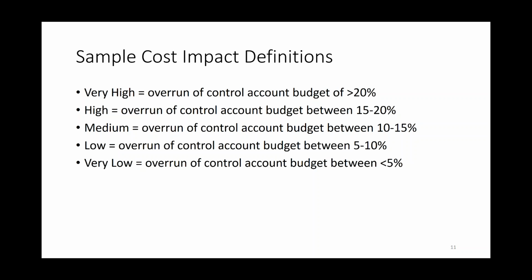So a very low impact would be any impact to the scope that caused an almost unnoticeable degradation. Okay, and then low might be a difference in requirements, but it was an acceptable variance for a requirement. And then medium might be there was a significant portion of a deliverable that was different from the requirements. High might be the deliverable was mostly not usable, and then very high would be the deliverable is essentially useless.